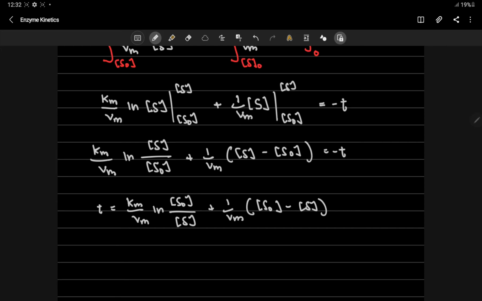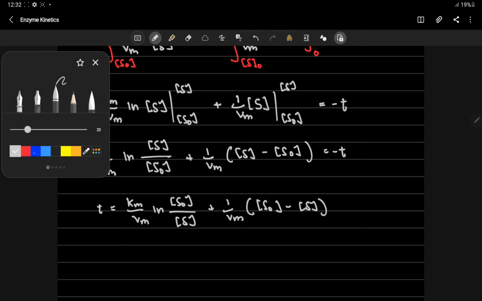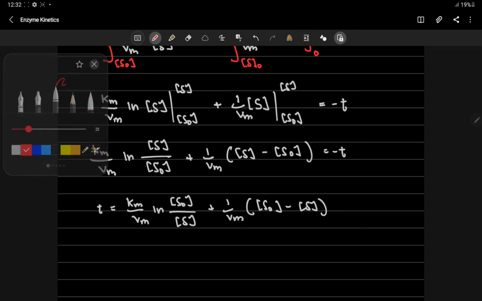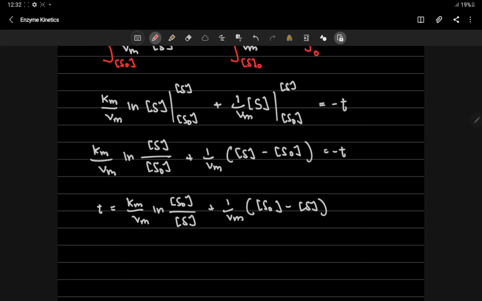Alright, so that is now the equation for your Michaelis-Menten kinetics in a batch enzymatic reaction. So you wanna write this formula in your index cards. Now, let's answer the question or the problem. No? So, sabi dyan,